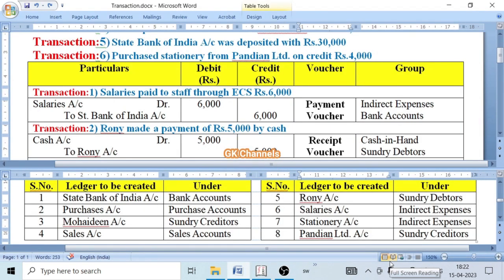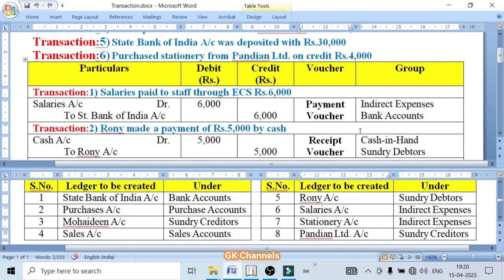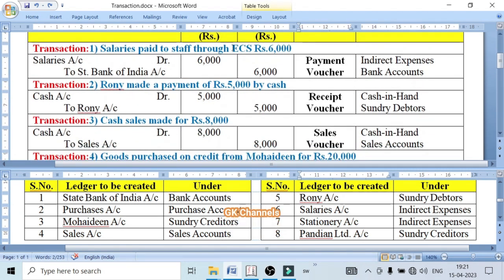Now we are coming back to the transactions. So we need to put the entry of these 6 transactions. We have created the ledgers, 8 ledgers, and we need to put these 6 transactions as accounting voucher entries. First transaction, salaries paid to staff through ECS rupees 6,000, salaries account debit, State Bank of India account credit,